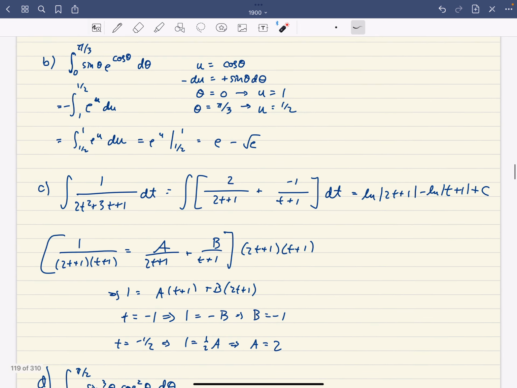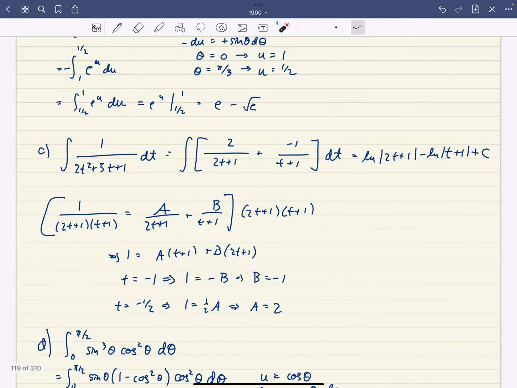For the third problem, we did partial fractions. So the integral of 1/(2t squared plus 3t plus 1). We did a partial fraction decomposition, and then that integrated like that. Notice that the 2 here, so there should be a 2 outside, but then also you get a 1/2 from integrating 1/(2t plus 1). So those cancel out. You get natural log of the absolute value of 2t plus 1 minus the natural log of the absolute value